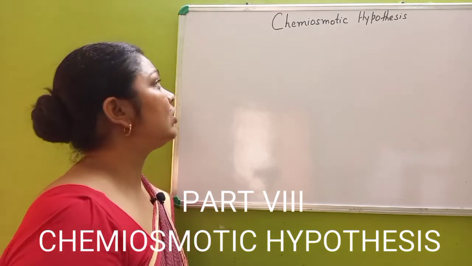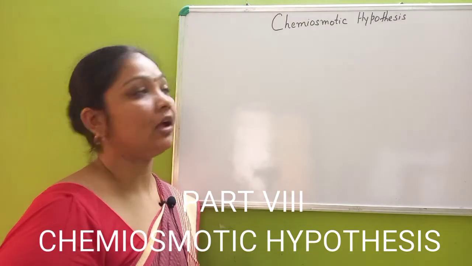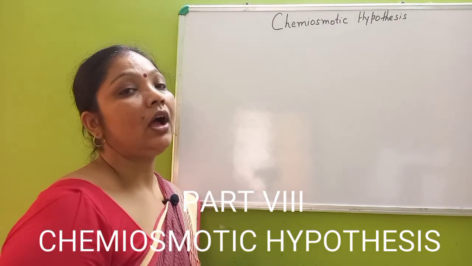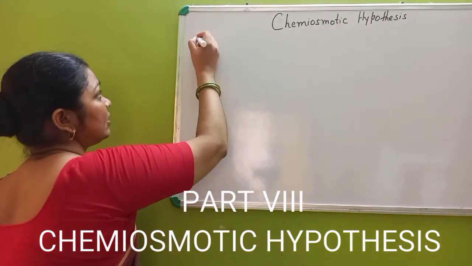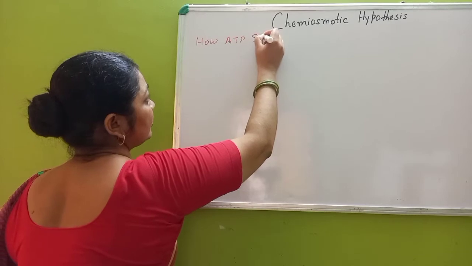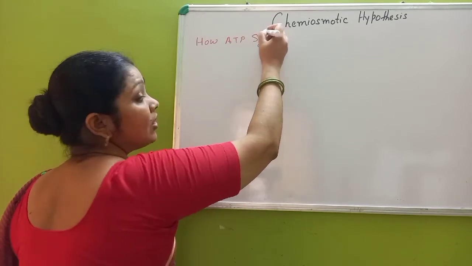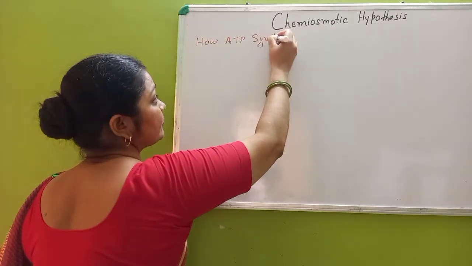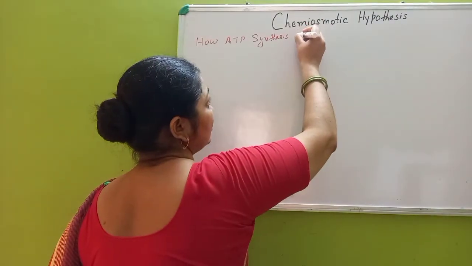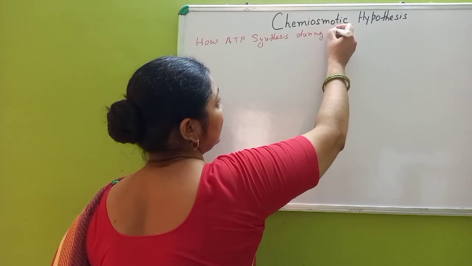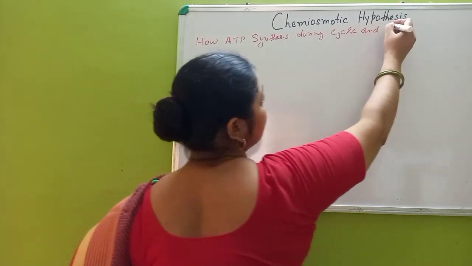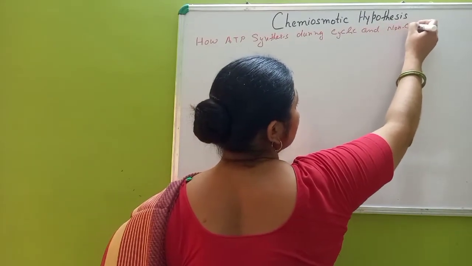Now children, the next topic that we have to study is the chemiosmotic hypothesis, and by this we are going to understand how ATP is synthesized, that is how ATP synthesis takes place or occurs during cyclic and non-cyclic